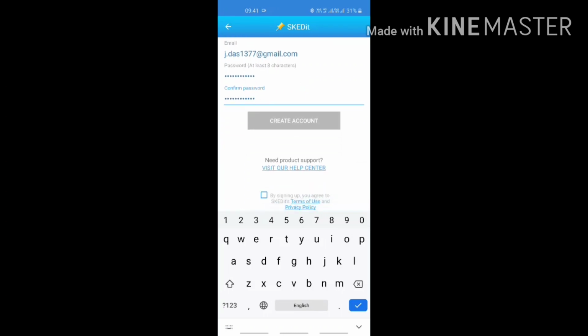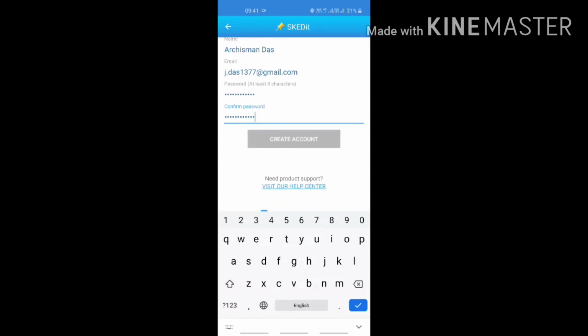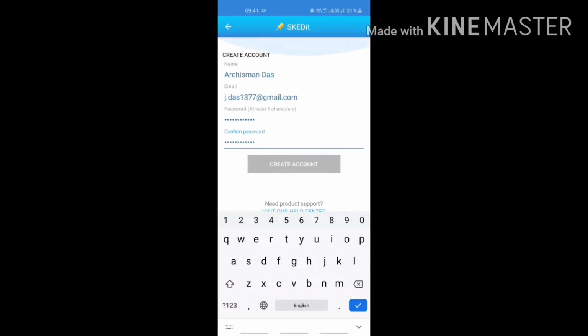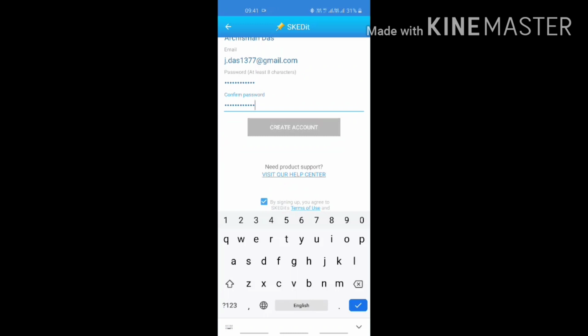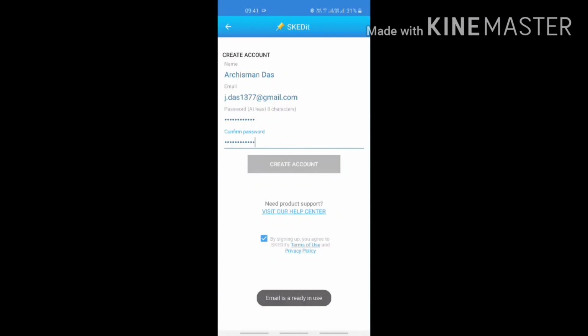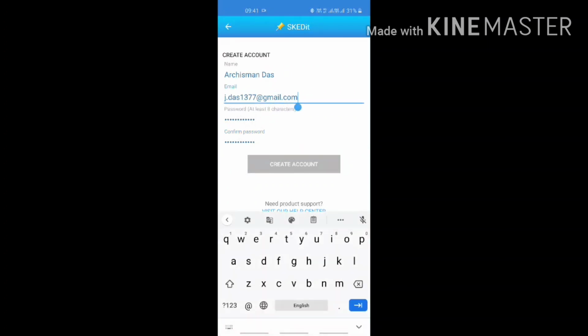Okay, done. Then there is a checkbox: by signing up you agree to SchedIt's terms of use and privacy policy. Put that tick. Okay, this email is already in use because for trial I have already used that email.